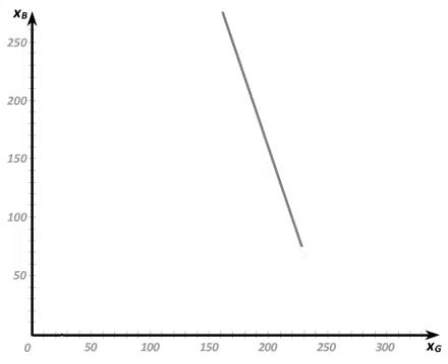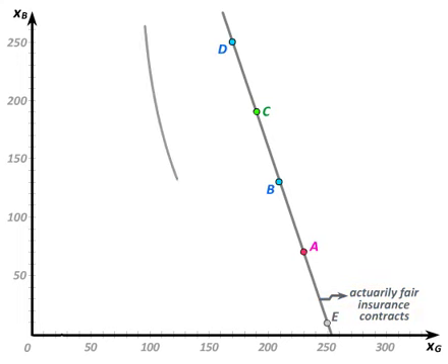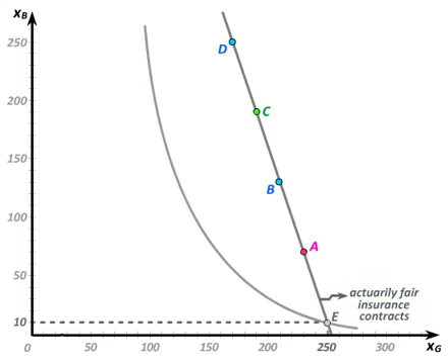We can then return to my wife's case. She has an uninsured outcome bundle E, where she gets $250,000 in the good state and $10,000 in the bad state. If she faces a full set of actuarially fair insurance contracts, she can choose other outcome bundles along the line of actuarially fair insurance contracts we developed in graph 17.6. Her utility of the uninsured state is given by the indifference curve that passes through the outcome bundle E.